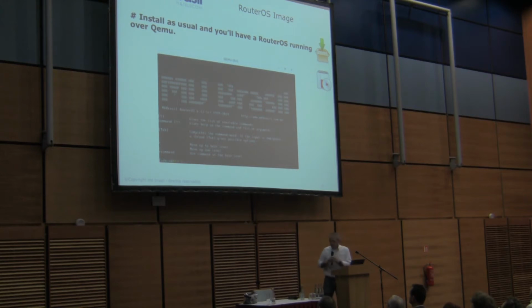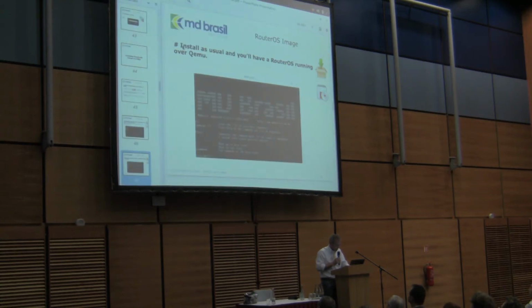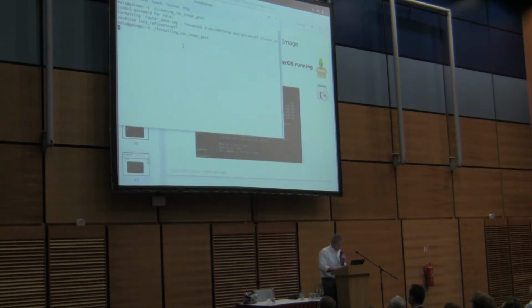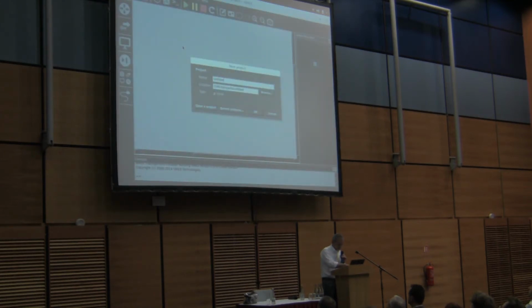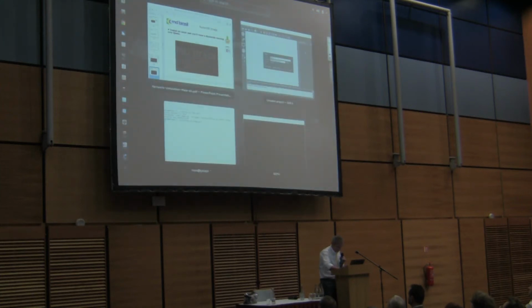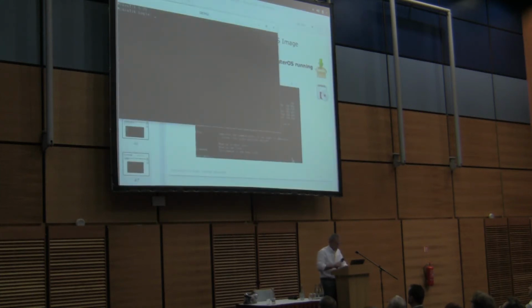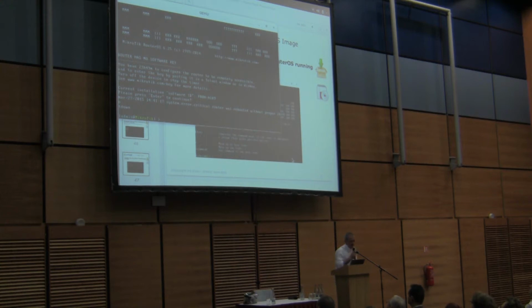Okay, at this moment we will have a MikroTik installed. You have the image, the level 0, the image with 24 hours for use without license.